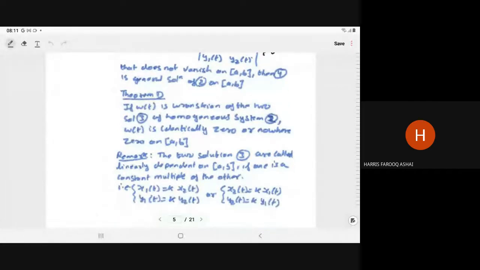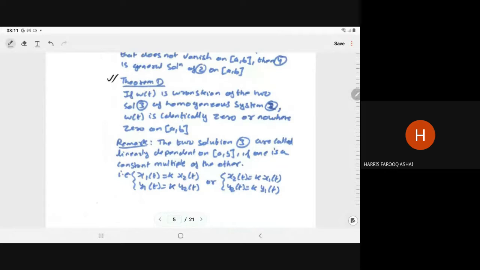And about the Wronskian, you know a very important property. In Theorem 15, we have studied this as a lemma: if W(t) is the Wronskian of the two solutions x = x1(t), y = y1(t), and x = x2(t), y = y2(t),